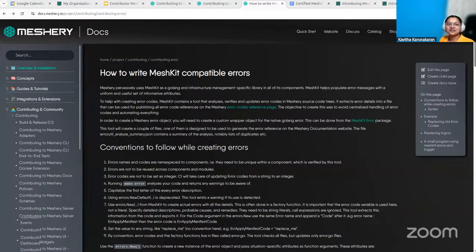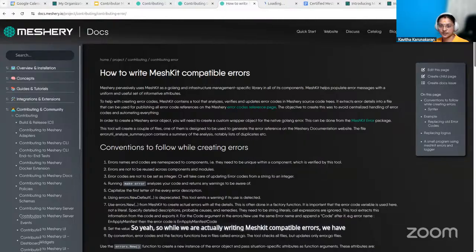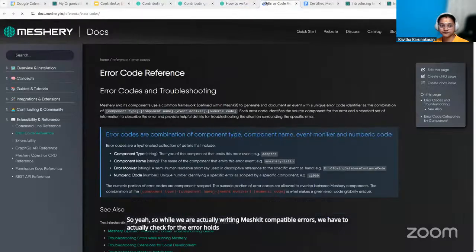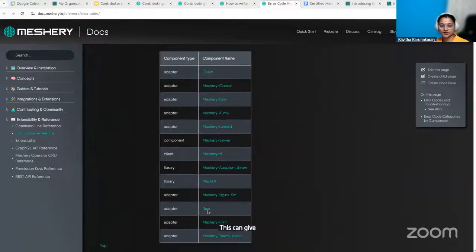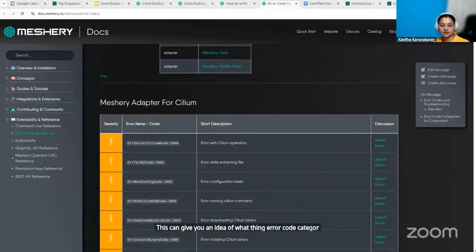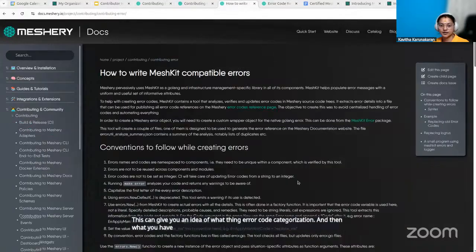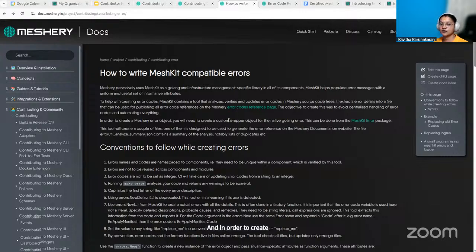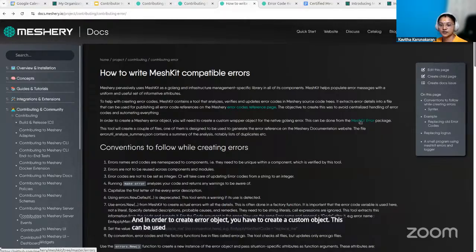So, while we are writing MeshKit compatible errors, we have to check for the error codes over here. This can give you an idea of the error code categorization. And in order to create a Meshery error object, you have to create a custom object. This can be done using the MeshKit error